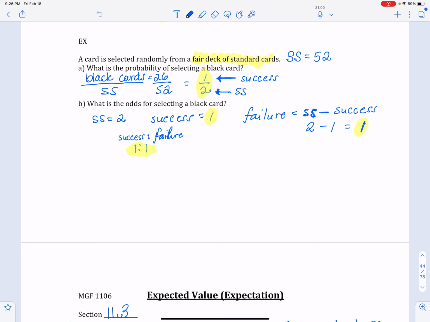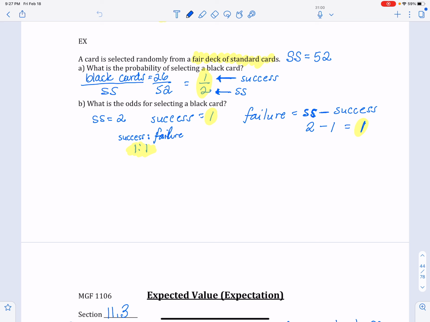So a really funny thing is we went to Las Vegas a while ago, and in the airport, it said the odds that you will have fun are 1 to 1. So that means the sample space is 2. So if the odds are for you having fun, that's success to failure. So 1 for success and 1 for failure. So if you put the pieces together, the probability that you're going to have fun is 1 over 2, which is 1/2. So half the time you're going to have fun, the other half the time you're not going to have fun. So I don't think that's a very successful